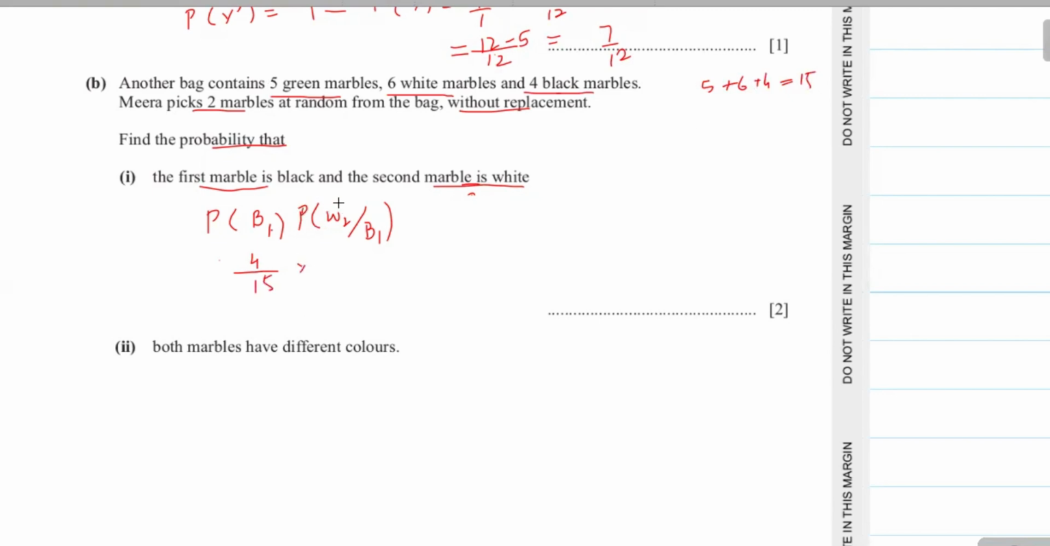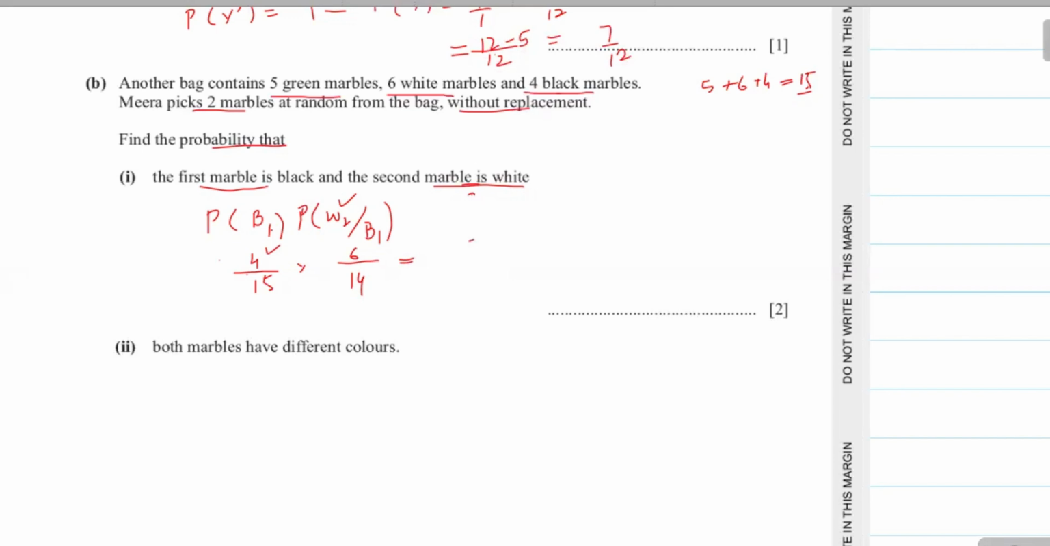Next we have to pick the second marble as white. 6 here are white marbles. We write 6 out of 14 because there are 15 total marbles, and one marble is already taken. The black marble is already taken, so the remaining will be 14. Therefore, this will be equal to